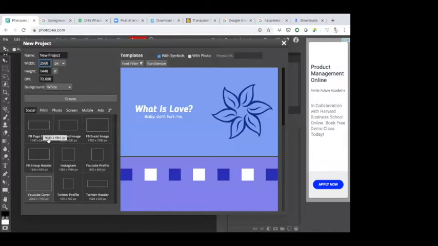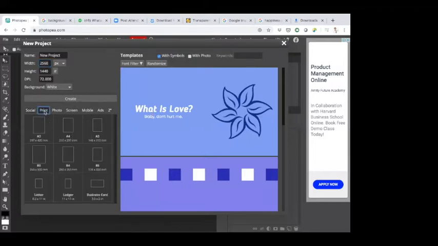You can see FB page cover dimension is given as 1640 pixels by 664 pixels. For those who don't know, a pixel is basically one small dot on the computer, and this entire image is constituted of individual pixels forming the entire image. So 1640 by 664 means 1640 pixels along the width and 664 pixels along the height.